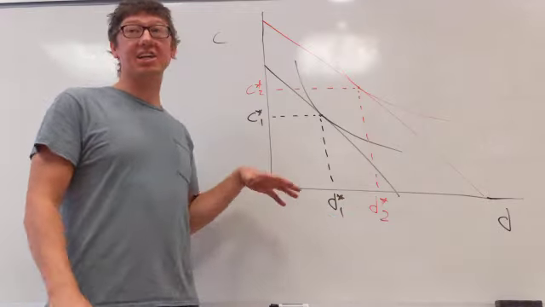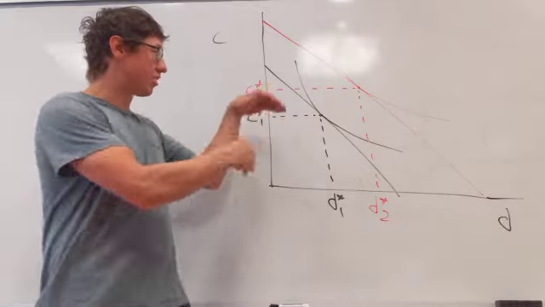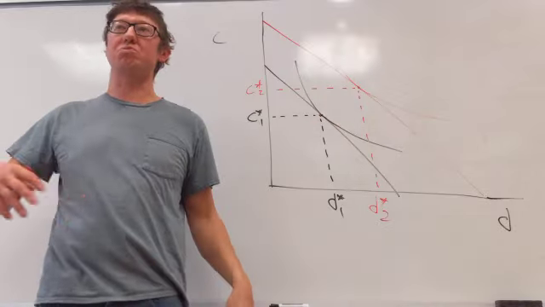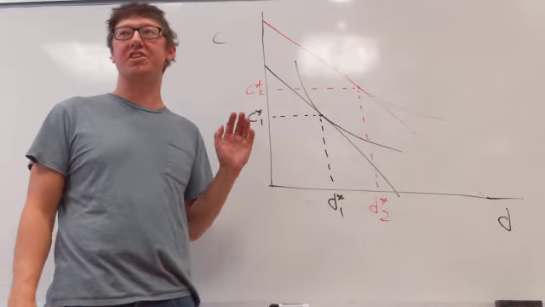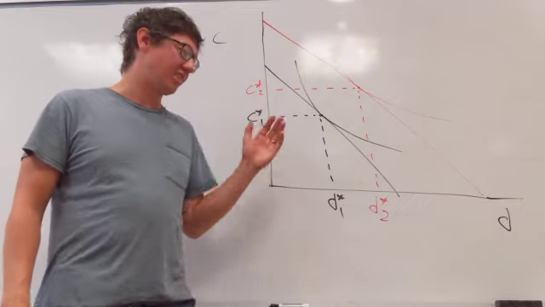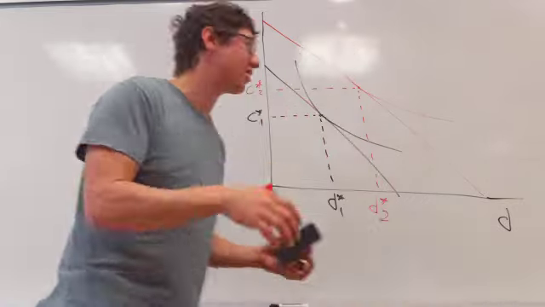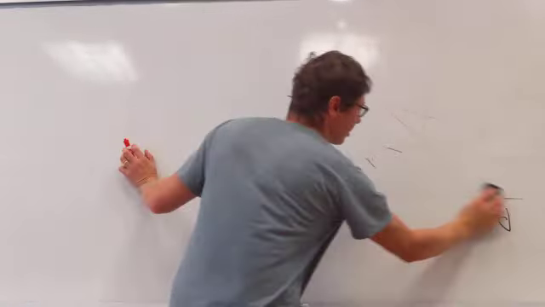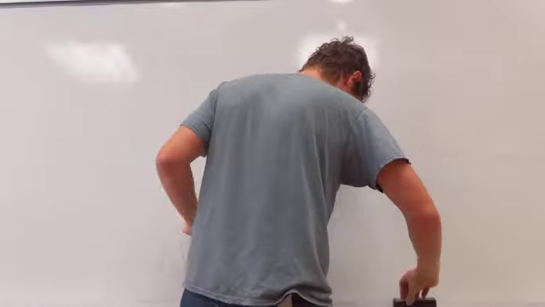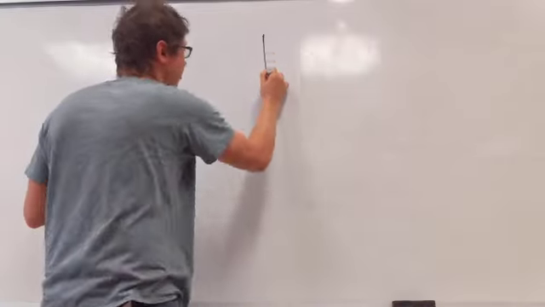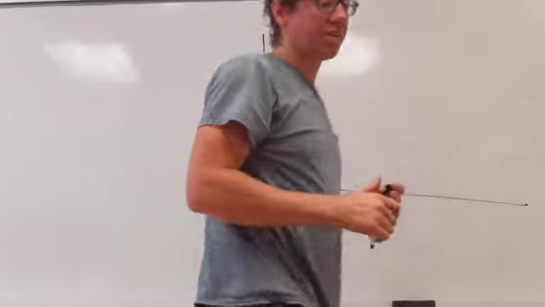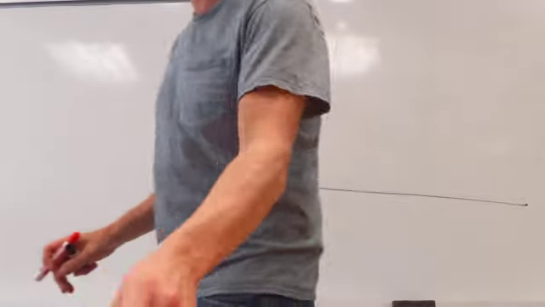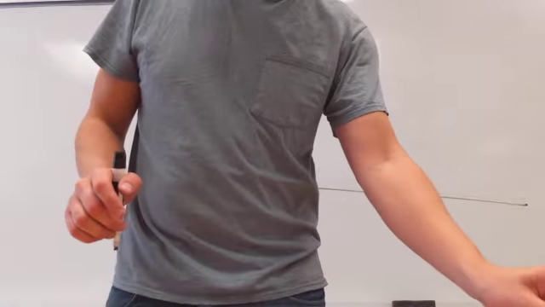I could draw a diagram, and I will right now, where there's a level shift out in the budget constraint, but given the consumer's preferences, it causes them to consume less of one of the goods. So you could draw this with an inferior good, although the diagram is slightly more tedious to draw. But I'll do it anyway. That was a normal good. Let's consider an inferior good. And now I need to be careful with the diagram, because sometimes you need to draw these just so to get what you want.